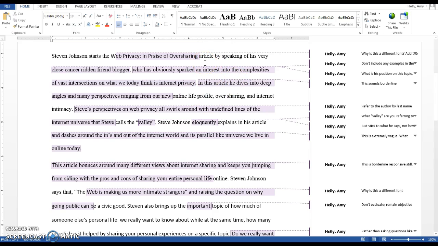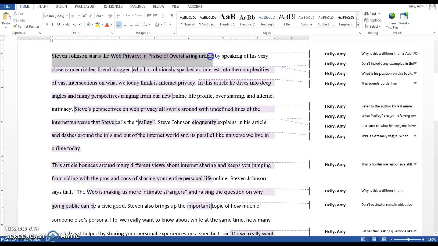I also noticed that there's a lot of places where you're focusing on specific evidence instead of main ideas, or if you are focusing on main ideas, you're just a little too vague. You could be more direct in saying exactly what Johnson's points are. And then in a few places you have some quotes that are going on for a little too long, or quotes that aren't executed correctly. So I'm going to touch on all those things, but those are the main areas of concern that I would suggest working on.